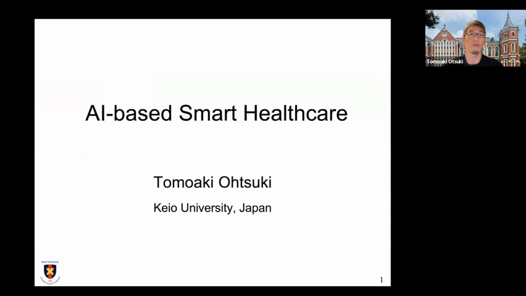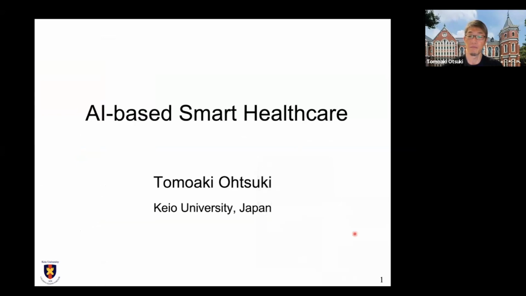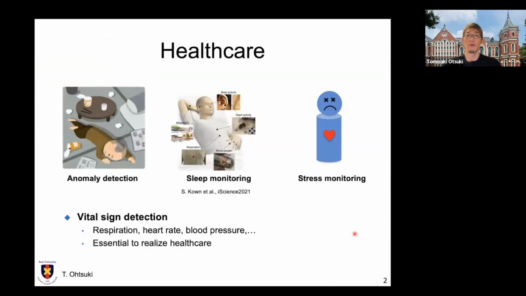Today I will talk about AI-based smart healthcare. Okay, so let's see about healthcare. Of course, healthcare is important for everyone,